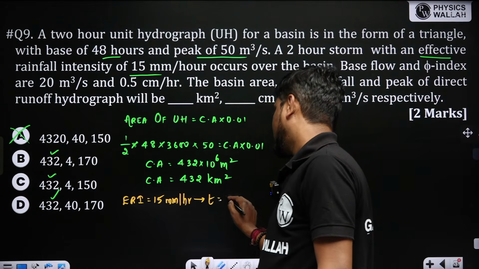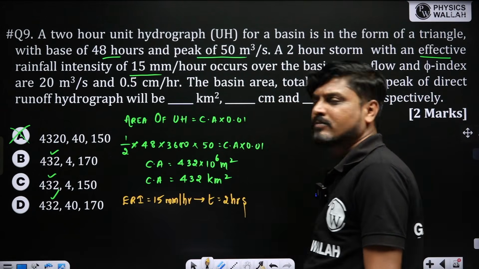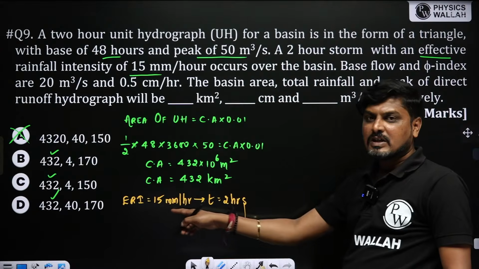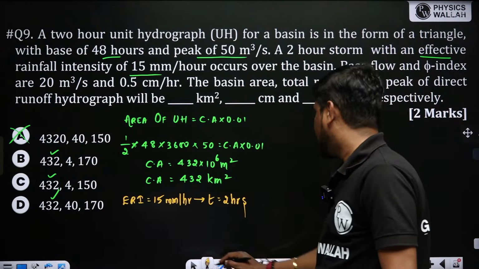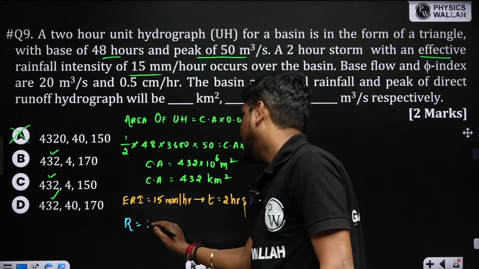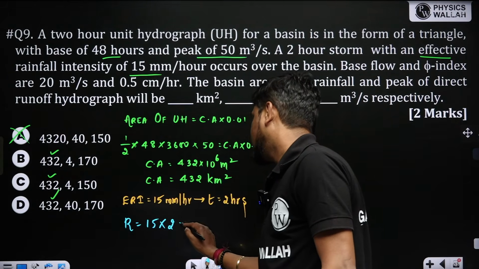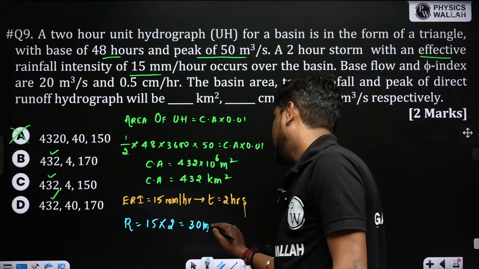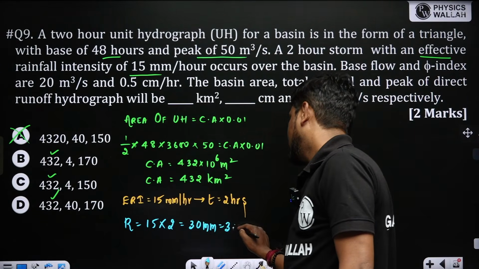Time T is equal to 2 hours. So time 2 hours है, ERI वैल्यू दिया है, डायरेक्टली आप रन ऑफ कैलकुलेट कर सकते हो। R is equal to ERI into time, 15 into 2, that is equal to 30 mm, 3 सेंटीमीटर।